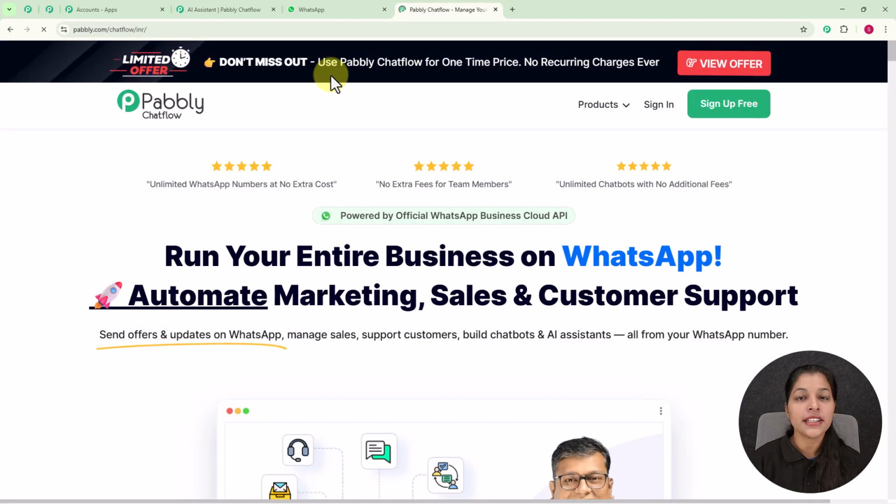And once you enter the URL, you will get the landing page of Pabbly. Here you can see we are getting two options, that is sign in and sign up free. So if you are a new user, you can simply click over this sign up free, but if you are an existing user, you can simply click over this sign in. And if you sign up your account for free over the Pabbly Chatflow, you get 100 free credits every month